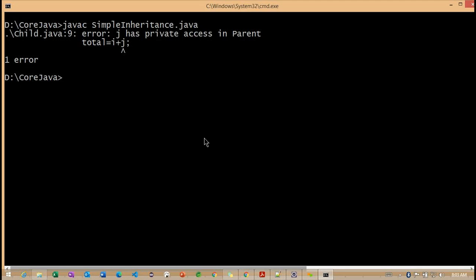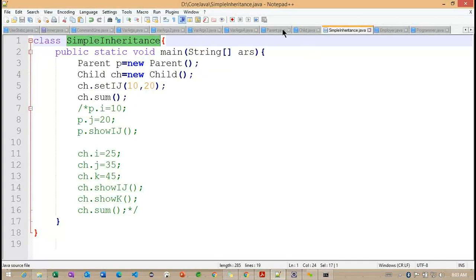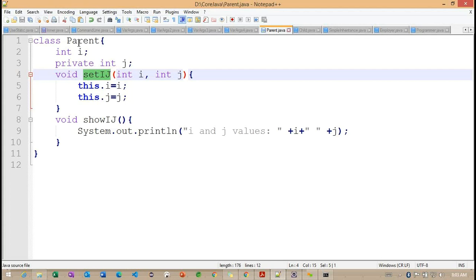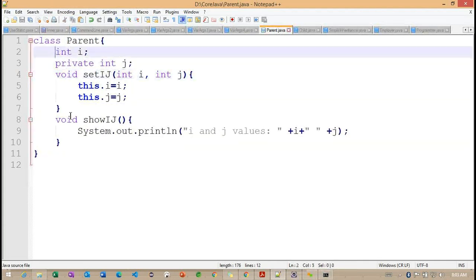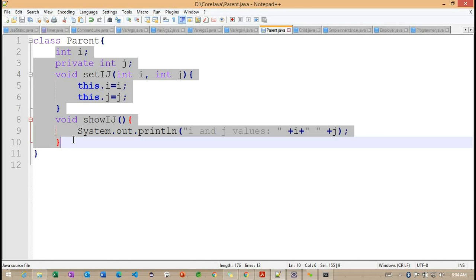Yes, it is private. We cannot call it in another class. So we need to think very carefully whenever we are working with inheritance. Basically, the private access modifier is applicable only within the same class. So we can access the private information within our parent class. If I'm trying to access it from outside of this particular parent class, we are going to get an error, even though we are working with inheritance.